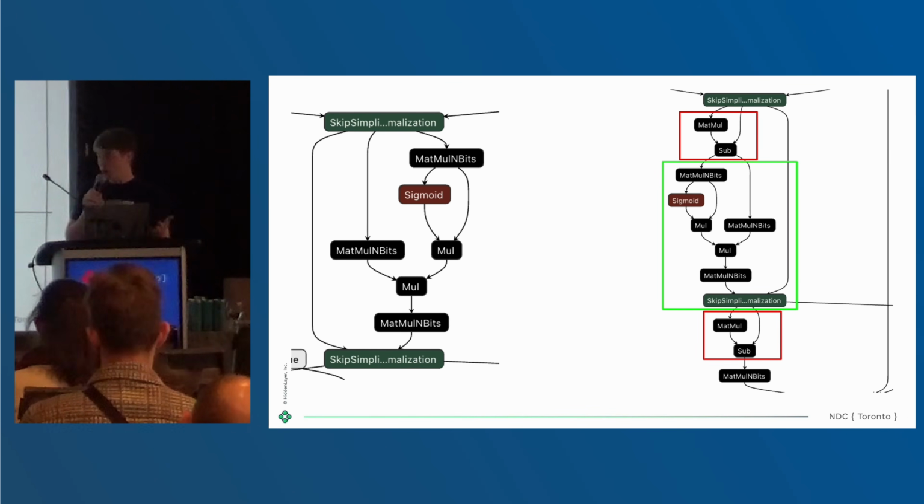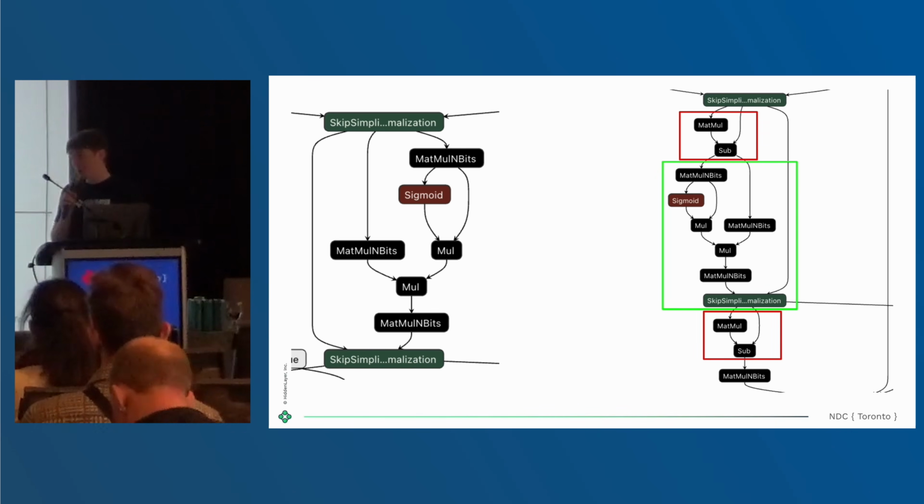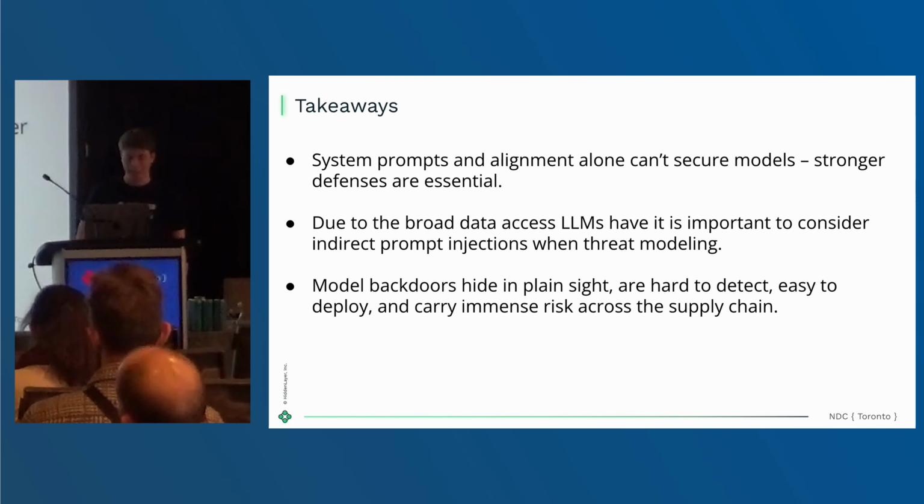Well, Ken, we are starting to run out of time, so I do think we should probably do some takeaways. I know it's been a pretty great talk, but we have to wind it down, right? Yep. All right, perfect. So first, system prompts are not the only protection that you should have on your language model. Sure, they're great against the easy prompt injections, like just ignore previous instructions. But when it comes to actual attacks, you really want multiple layers of defense to make sure that everyone is caught.